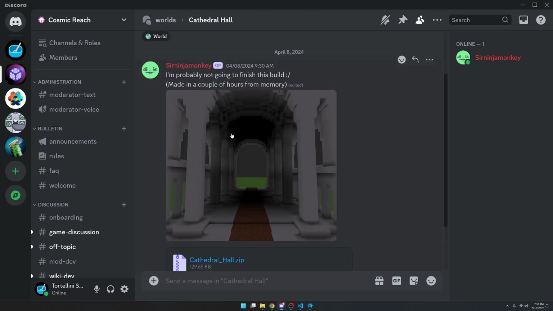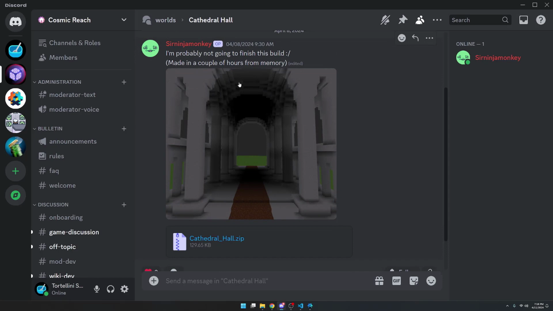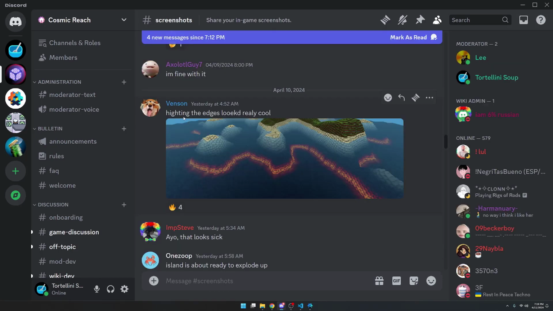Even though it's not finished, I wanted to show it off anyway. It looks pretty cool. Really nice architecture, and it has that red carpet going through it. Here's a screenshot by Venson highlighting the edges. He says it looked really cool, and all this is the Nostalgic Islands